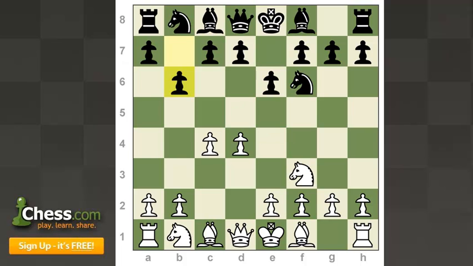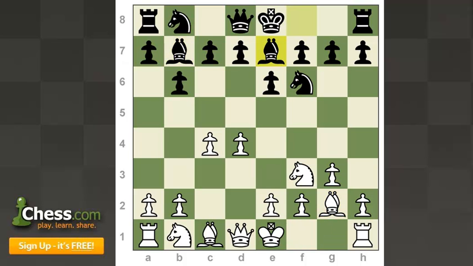For example, after the move g3, which is the main move for white, black has two main moves, bishop to b7 and bishop to a6. One main line goes bishop to b7, bishop to g2, bishop to e7. Notice how the main point for white is that he's neglecting developing this bishop here, again, to avoid the natural pin by the bishop, which would lead to Nimzo Indian positions. What he's giving to black in exchange for that is potentially better control over the central light squares. And after the move castles,